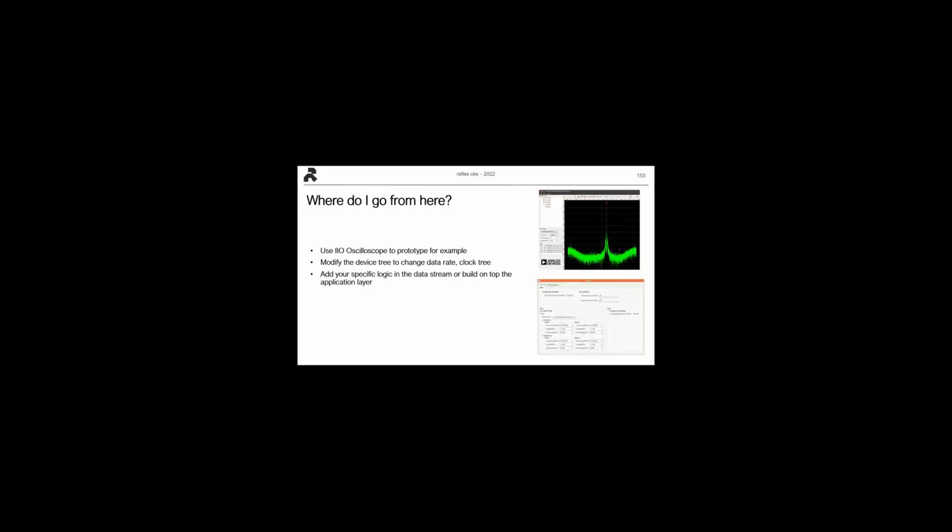So as I said, the device tree, the clocking tree, and that's where you also have two paths. Either you can add your own custom logic, your own custom algorithm into the FPGA design,